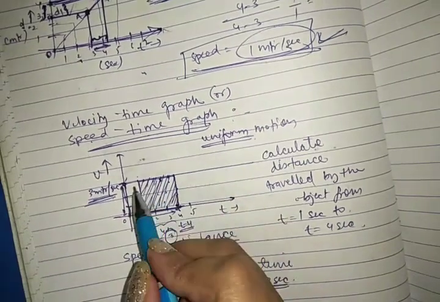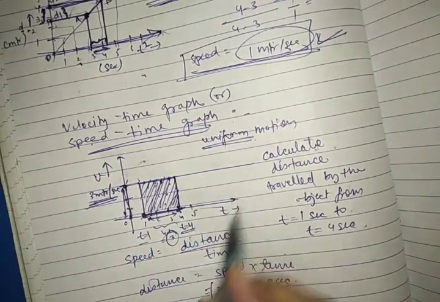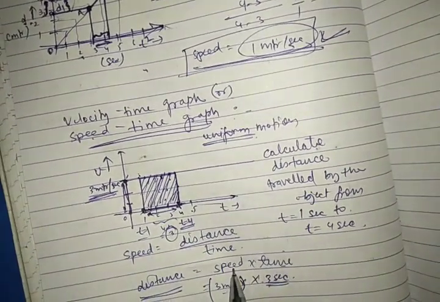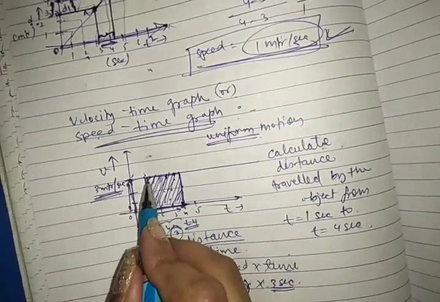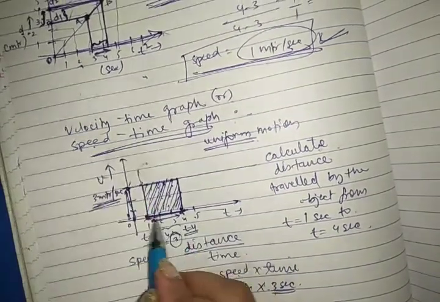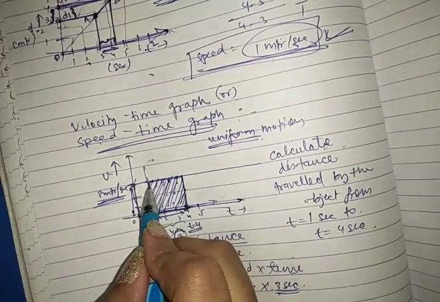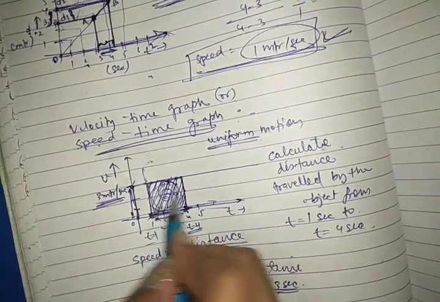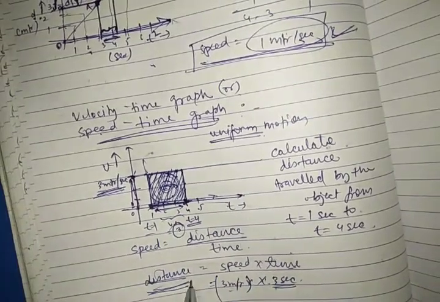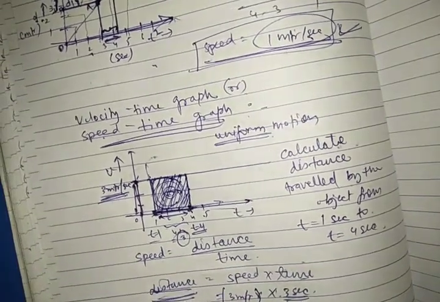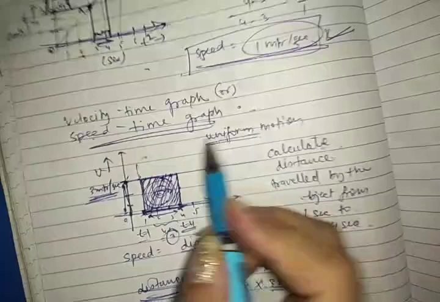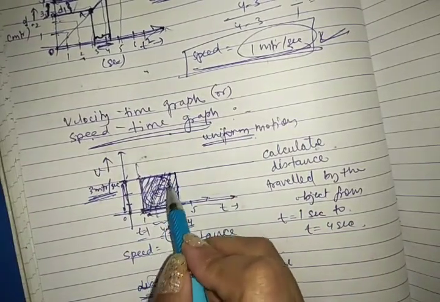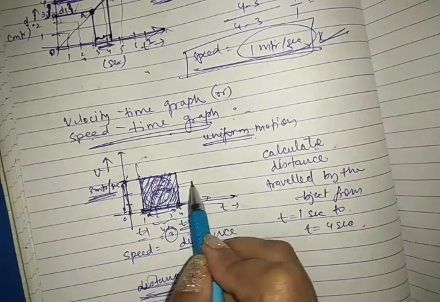Right, this is the velocity axis, this is the time axis, and to calculate the distance, what we have to do? Speed into time, multiply the speed with the time. So this is the speed axis, this is the time axis. So multiply this into this, you will get the whole area. So this area indicates the distance. Okay, so always remember the same thing, for the speed time graph, the area covered always gives us the distance,